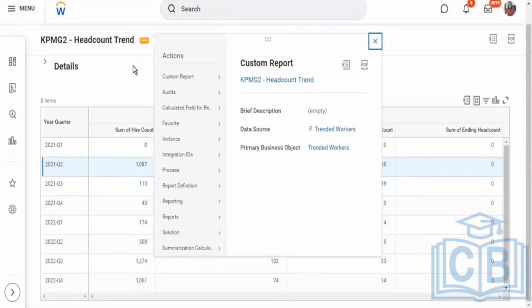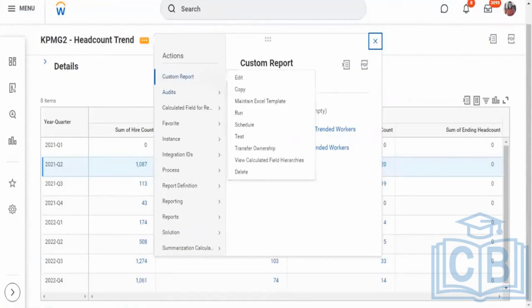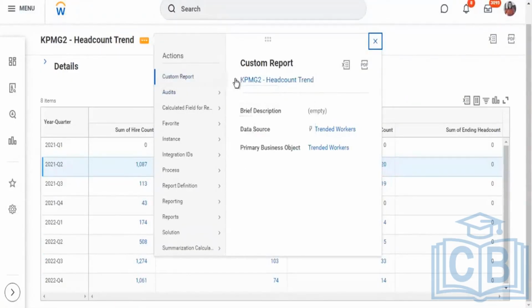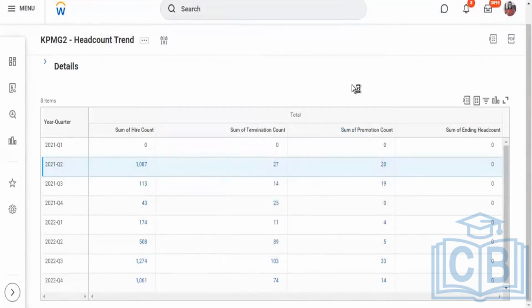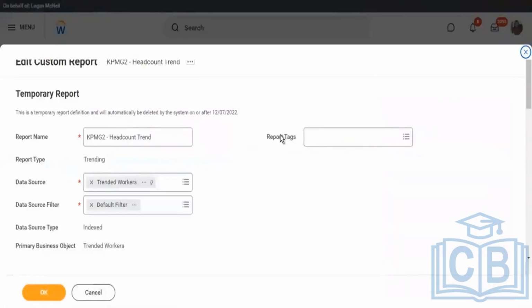On a report, if you would have noticed, you have this report tags option. Now this is available on all report types. This is applicable for advanced, composite, matrix, all the reports. What you can do is assign a tag to your report. For example, let's say all your talent related reports, you want to create a report tag called